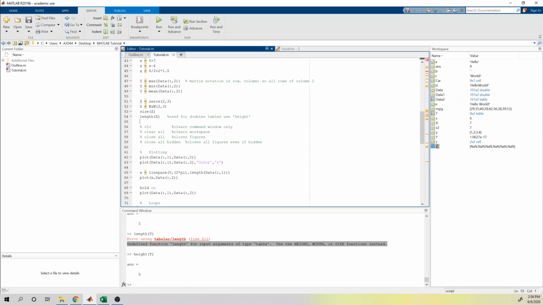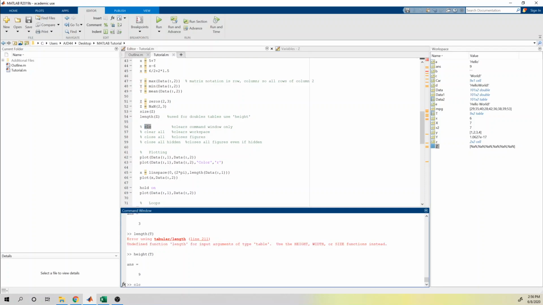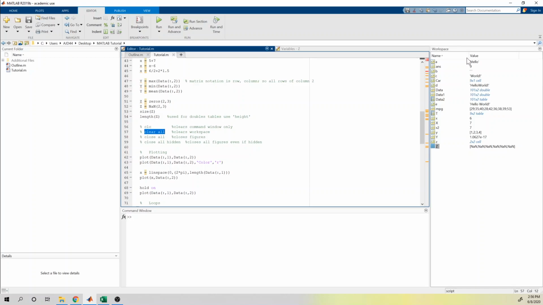There's also these cool functions for cleaning stuff up if you want. So clc, I just have these commented out for the time being, because if I run the code continuously, these will just clear out all these variables, but clc only clears out this command window that I'm working in here. So if you don't want to see all that clutter, you can do that. Clear all will delete everything that's in this workspace. So if I do that,